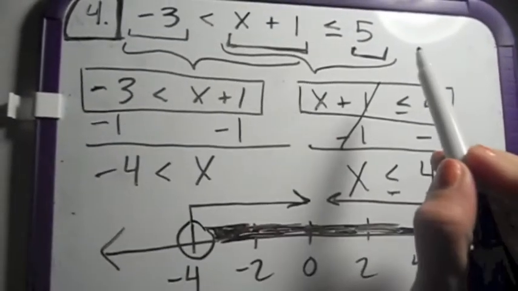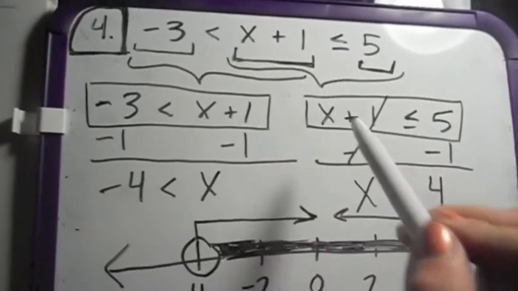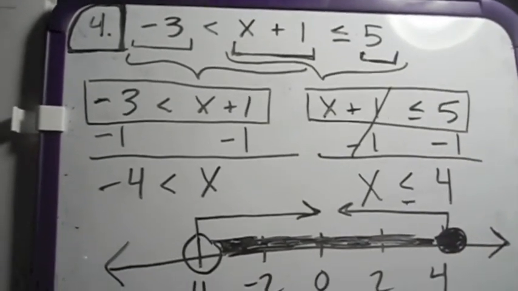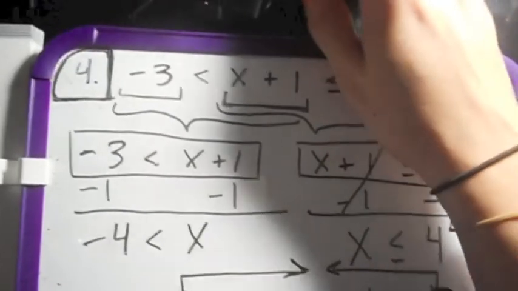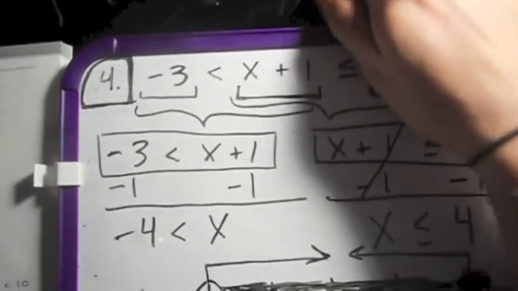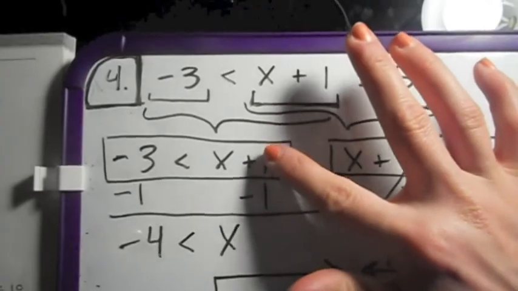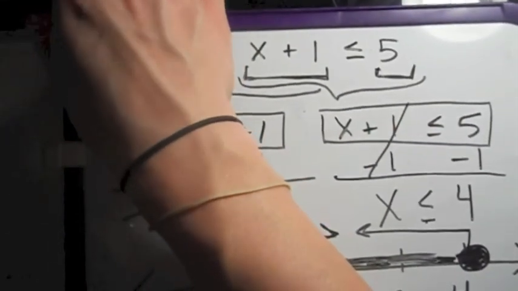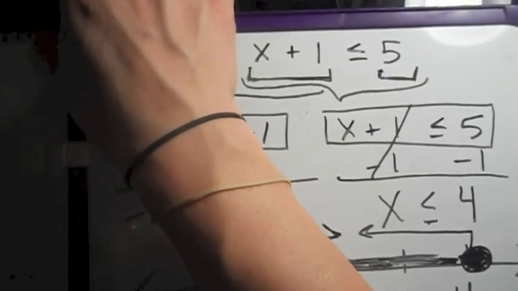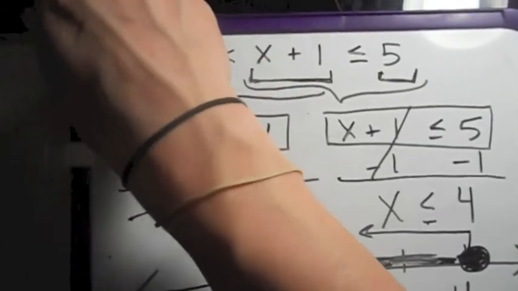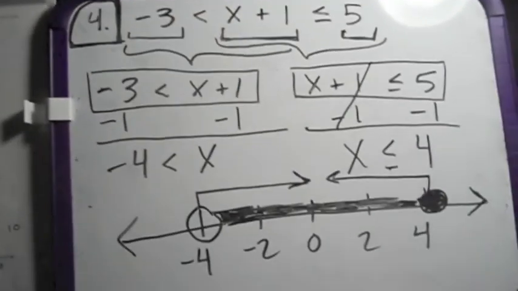You take the big inequality, you split it into two pieces. If you're struggling with that, cover one of the inequality signs. What do you have left? Negative 3 less than x plus 1. That's what we wrote here. Okay? Cover this inequality sign. x plus 1 is less than or equal to 5. That's what we wrote here. Okay? That's how you solve